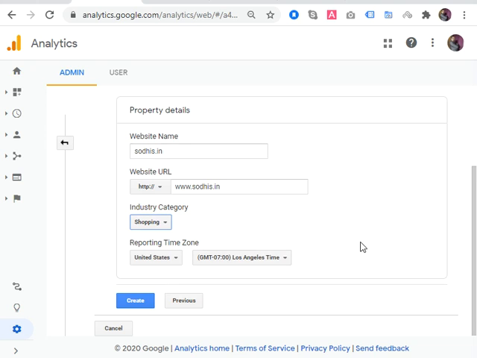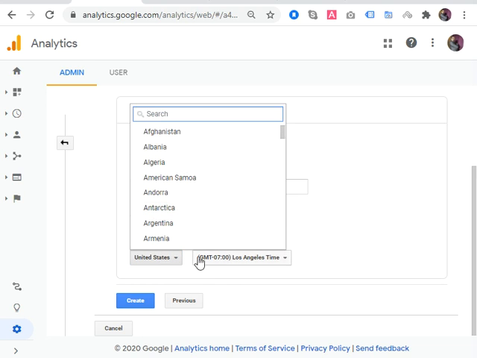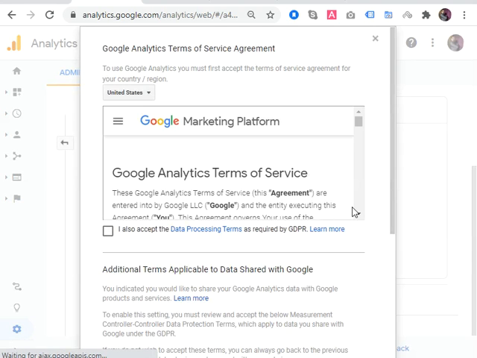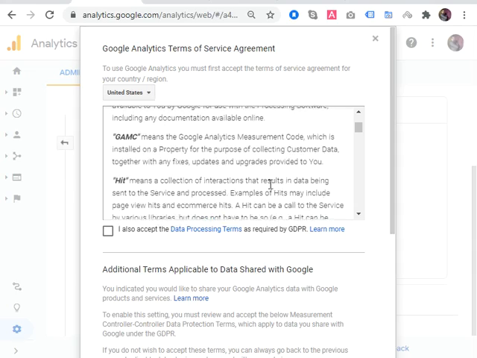Shopping is very good. For the reporting time zone, suppose the company is in another country, so you can select the country name from here. I am selecting the USA and the Los Angeles time and create it. After creating this, we see the information that I agree with some terms and conditions, and really these